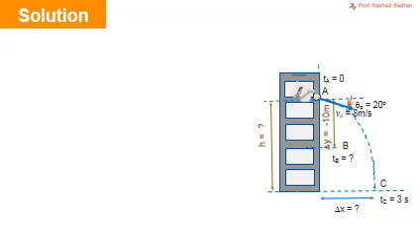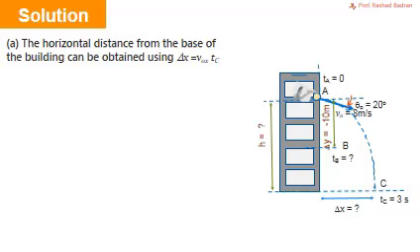As the figure shows, the initial velocity is 8 meters per second, 20 degrees below the horizontal. If we want to find the range, or the horizontal distance from the base of the building up to the location where the ball hits the ground, we need to use the equation delta x equals v naught x times t,